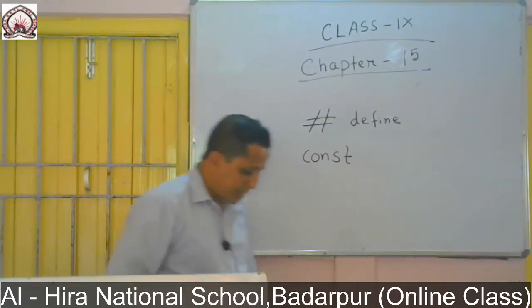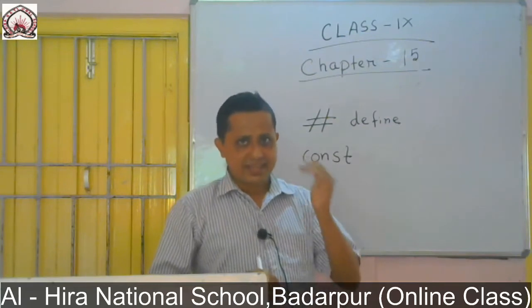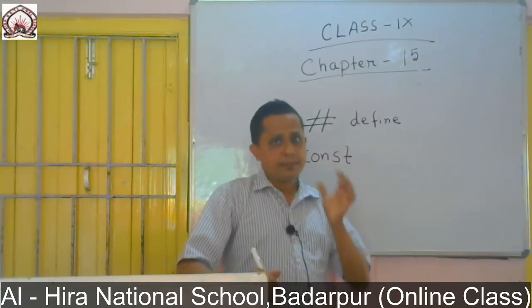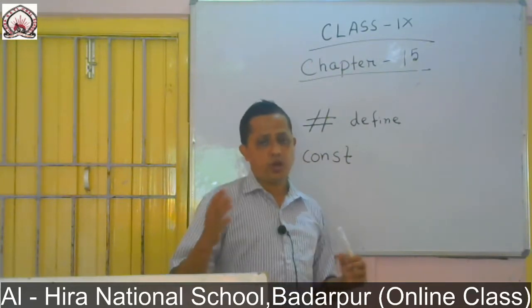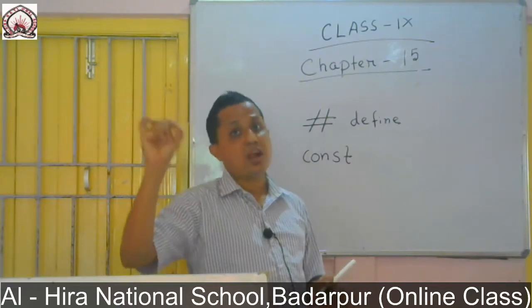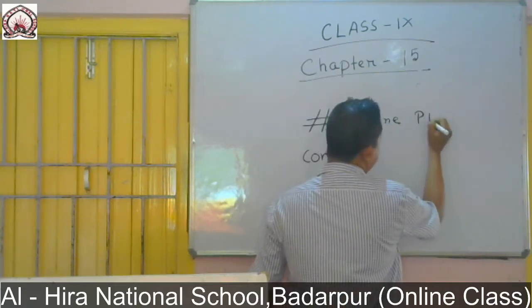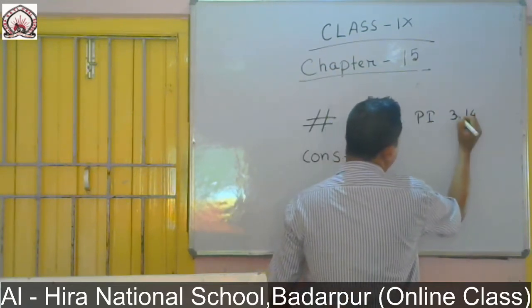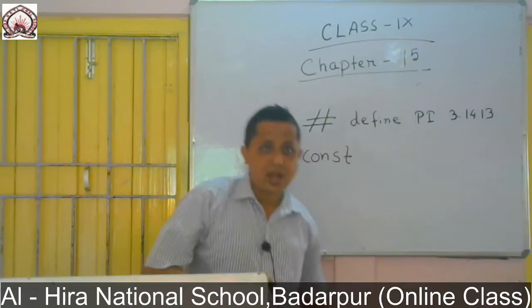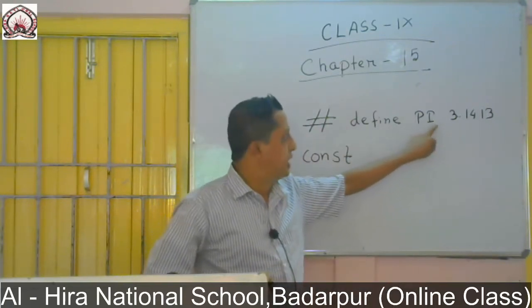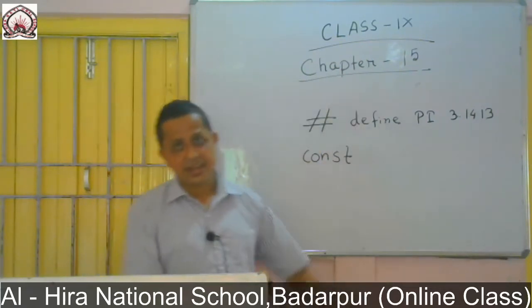Now for example, when we want to find the area of a circle, the value of pi is fixed, which is 22/7, or if I go to real constant, it is 3.1413. Now if I use #define, suppose pi 3.1413, if I define like this, then what will happen? In the entire program, whenever I use pi, it will give the value 3.1413 because I have defined the #define constant. Another way is there,